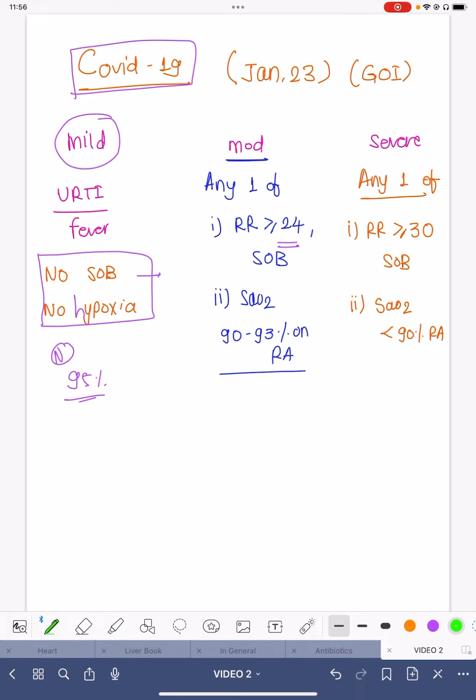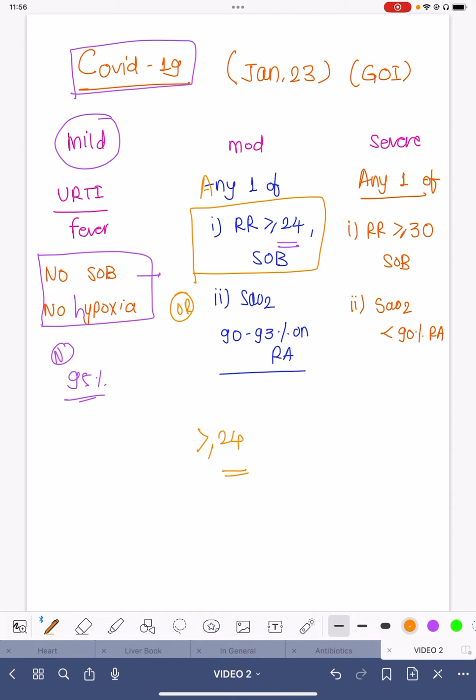Now we label it as moderate COVID-19 illness if the patient fulfills at least any one of the two criteria. First, the respiratory rate has to be more than or equal to 24. If the RR is more than or equal to 24, and if the patient has shortness of breath, obviously, or if the saturation of the patient is 90 to 93% on room air. If one of these two criteria is fulfilled, we can directly label that patient has moderate COVID-19 pneumonia or moderate